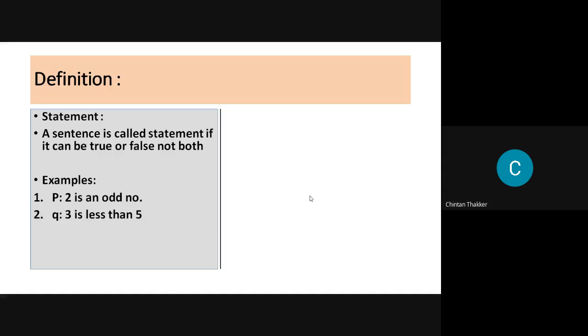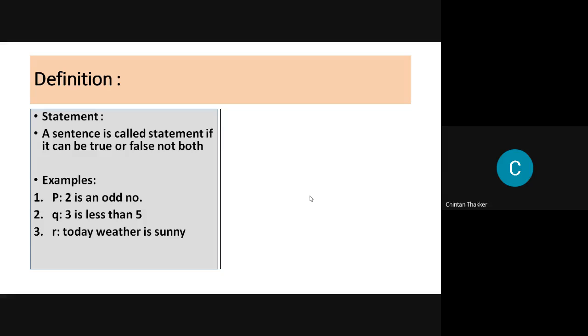If you are given 3 is less than 5, then here you can say that it is true. So this is a statement. What about this? Today weather is sunny. Write in the chat box: is it a statement or a sentence? Today weather is sunny.